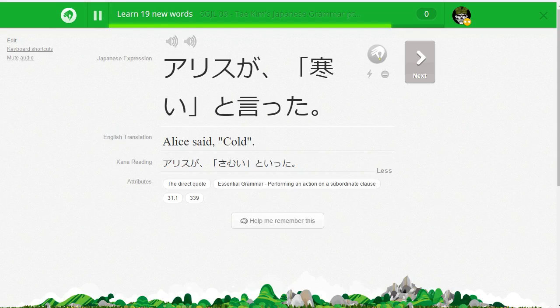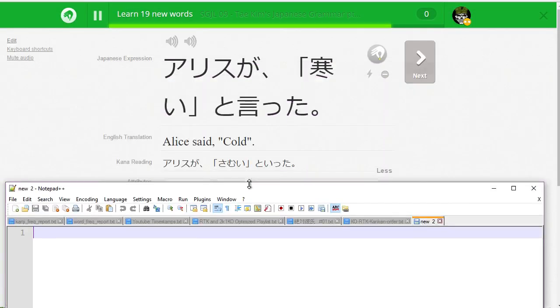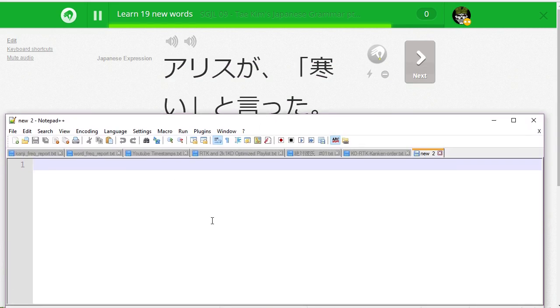Now I want to do this part here. Shrink this down so I'm seeing this. All right, so what I want to do is instead of practicing writing it by hand, I want to type it out. So what I want to do is like, nope, come here. Okay. アリスが寒いと言った。